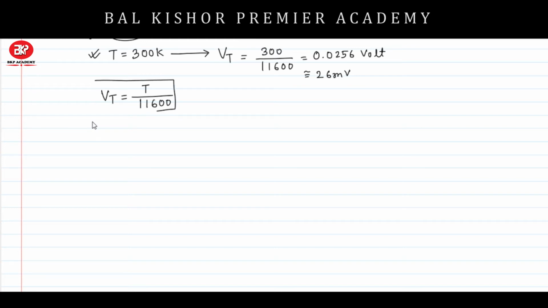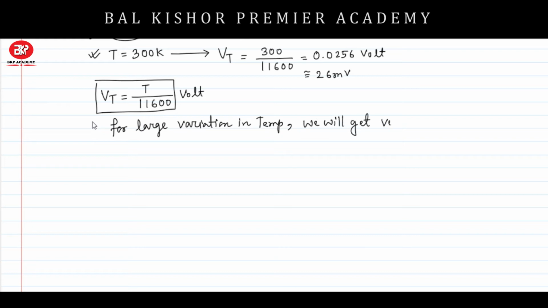So from this equation we can see that for a large variation in temperature, we will get a very small variation in thermal voltage,